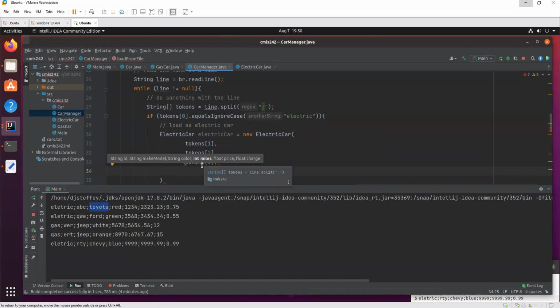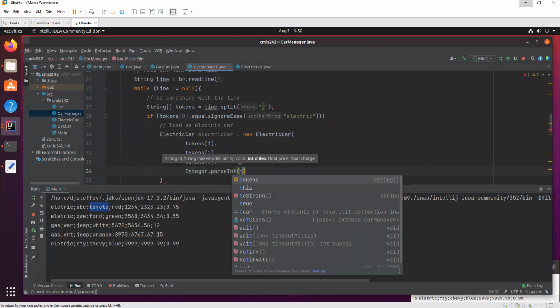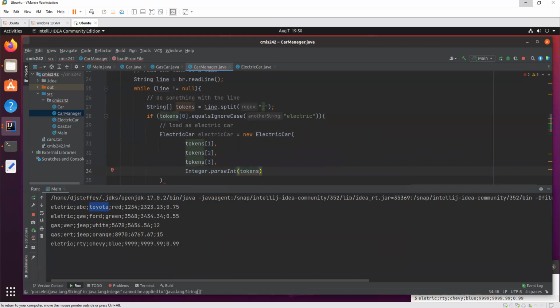Now, we've seen in previous assignments how to convert a string to an integer. It's like this, Integer.parseInt of tokens, was it tokens 4? Why is it 4? Because our miles are at tokens 4. Token 0, token 1, token 2, token 3, and token 4. That's our miles. So we're going to convert that token string into an integer.